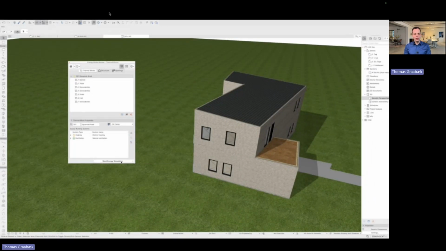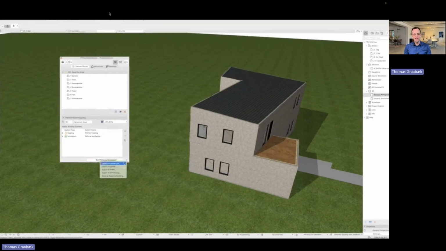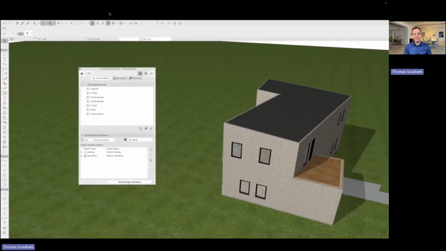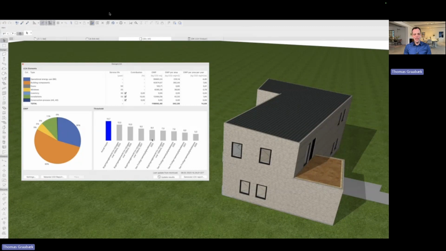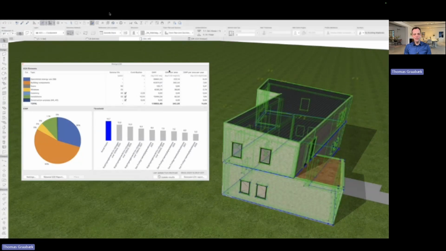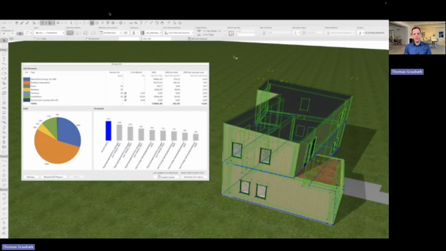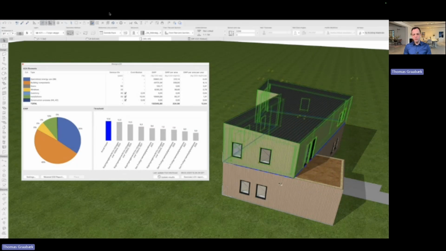Now I think I'm ready to do my energy calculation. So I do the report, and actually I don't even have to look at the report. I don't need it for anything. I just need to send to DesignLCA. So I export the EcoDesigner STAR data to the plugin we have. And now I can see that I went from 83 kilograms to 118 because now the CO2 from the operations has been added. And what I just did here was I changed the composite.